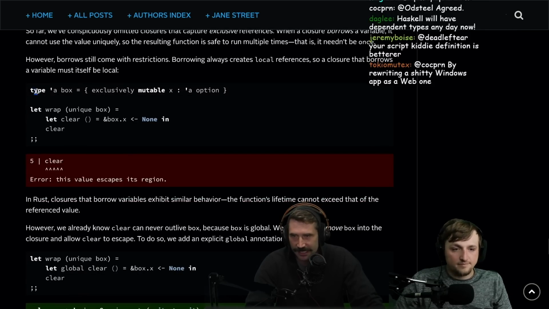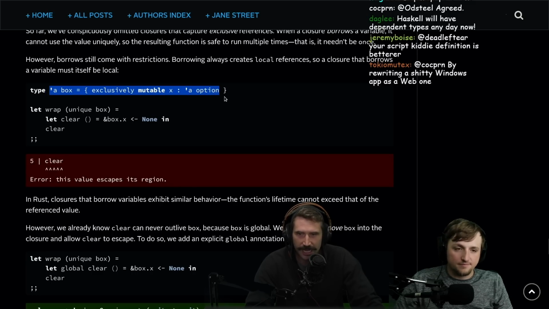Okay, I think that makes sense. So we have a box that is exclusively mutable in this position that's always of the same type, so no type mutations allowed here at any point, or at least this one is a type hole, so yeah, it produces a...